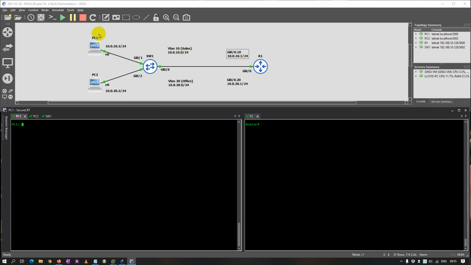So first we want to configure the two devices, the two virtual computers, and then the switch, and then the router. So over here you type IP, and then the network address is 10.0.10.2 with the mask 255.255.255.0 is for 24 mask, and the gateway is the router address. Okay, so that's 10.0.10.1. PC1. Okay, for PC2